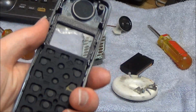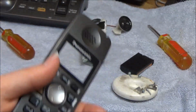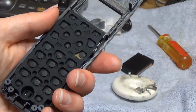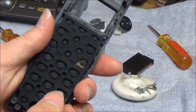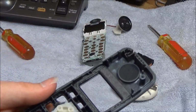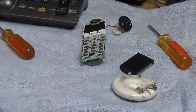Well, see, this is a very well designed button pad, because even if you were to spill something into the buttons, it's not going to get through and end up on the board. So that's another testament of the quality of these telephones. Very well built and very well designed telephones. So I'm going to go ahead and clean this out, and